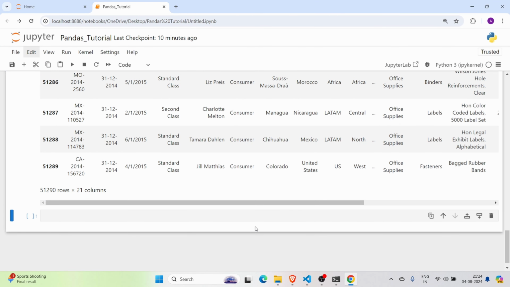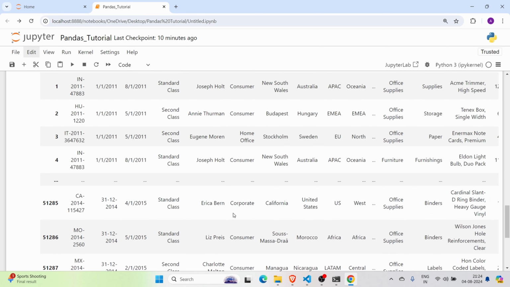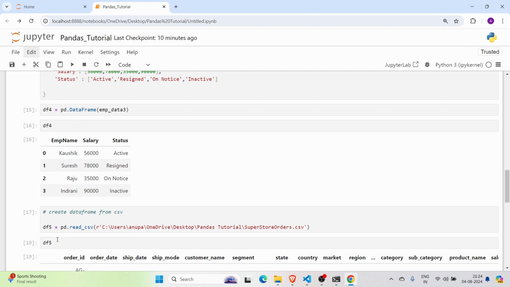Again. So in the last section we have seen how to create a pandas data frame, but today we'll see how to select rows and columns from the data frame. So our data frame is ready. This is our data frame, superstore